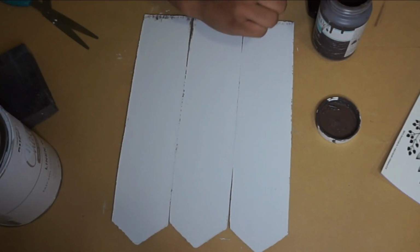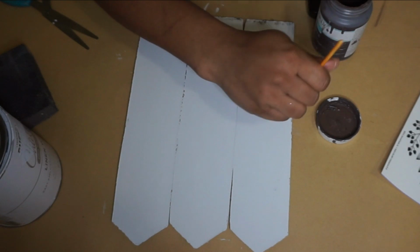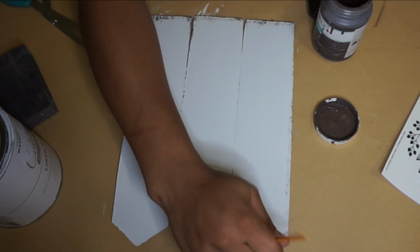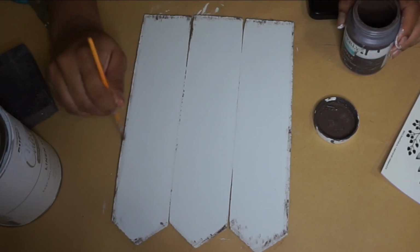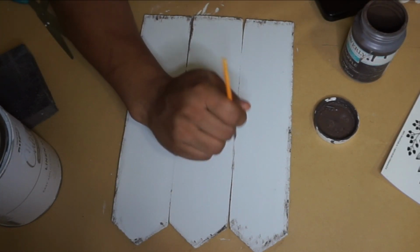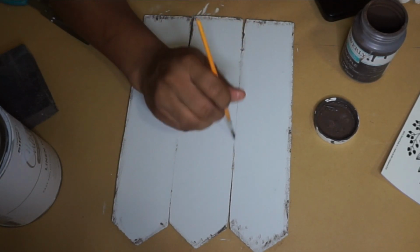After that, I took my truffle chalk paint and went and distressed the edges. So I just did a little bit. I took a smaller paintbrush and distressed just the edges and the corners of this to get a little better